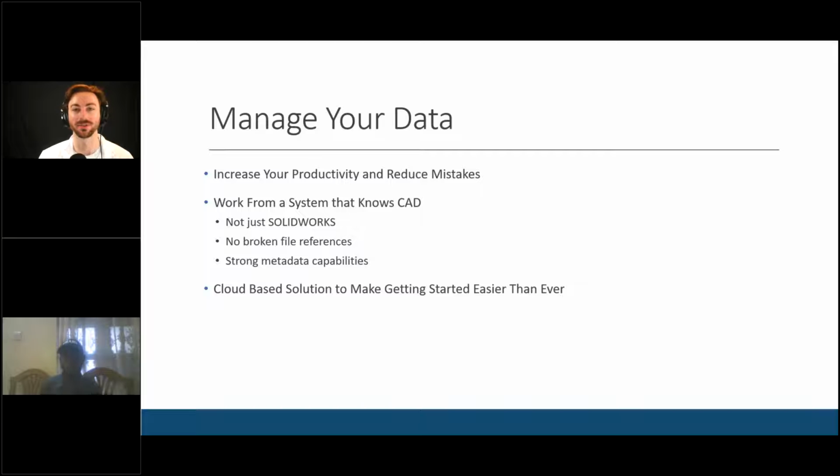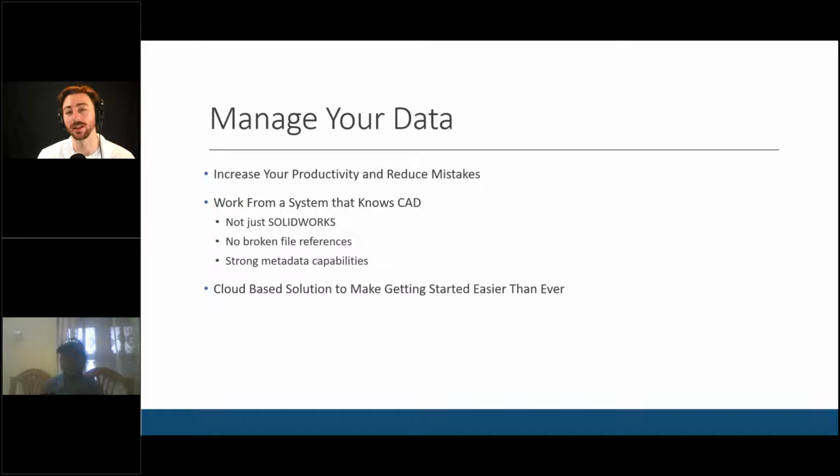Now, the big thing that is beneficial with a system that knows CAD is you're not going to have things like broken file references from somebody copying and pasting something without telling SolidWorks they were copying and pasting it. If you've ever had that happen, open up an assembly, there's a part missing, and now that person isn't available and you have no idea where to find it. You're not going to have to worry about that with this because this is a data system. It understands that this is tied to this, and if this moves, it has to update all references. And the reservation is a big part in that as well, of not saving over each other.